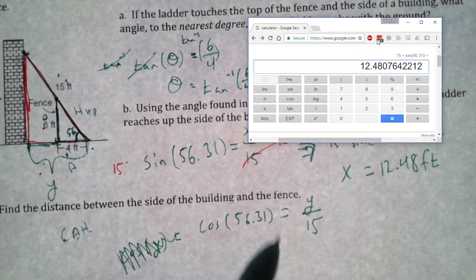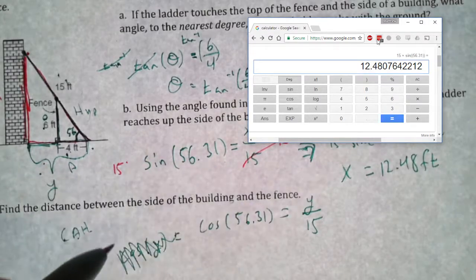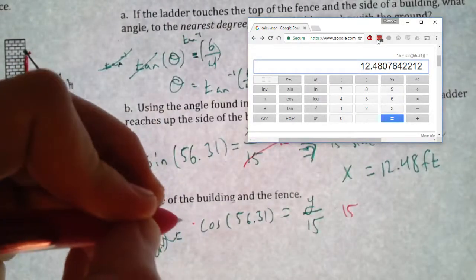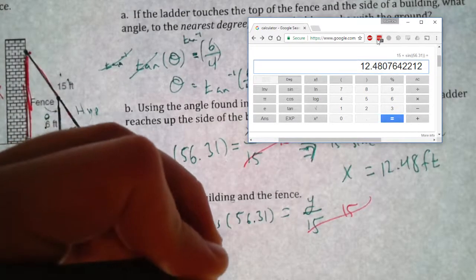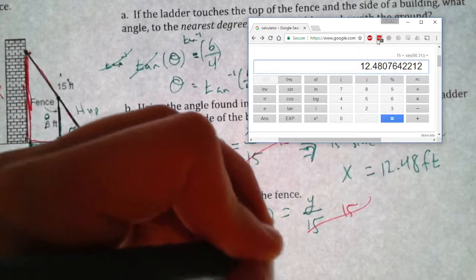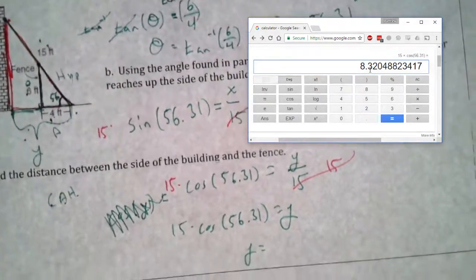Again, I made it nice and easy. I can just multiply by 15 on both sides. I'm using cos, so it is going to end up different than this because here I used sine. So I'll multiply both sides by 15, and I'm left with 15 times cos of 56.31 should equal y. If I plug this into my calculator, 15 times cos of 56.31, that's what we wanted, right? Yep. And that gets me that y is equal to